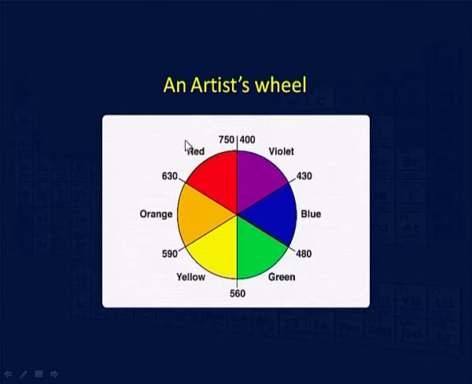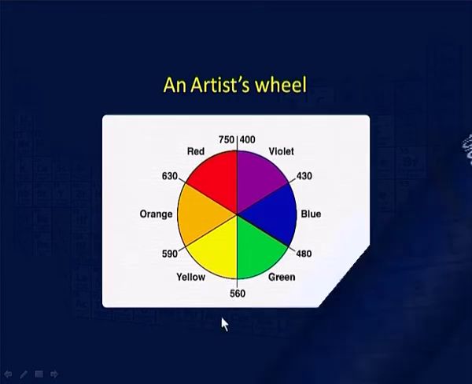Say for example, if a compound or solution is absorbing light in the red region, that is to say in the wavelength region of around 630 to 750, then the color of that compound or solution will be green, because red is complementary to green. Therefore, a compound which absorbs red light will appear green. Similarly, if the compound absorbs blue light, it will look orange in color, because blue and orange are